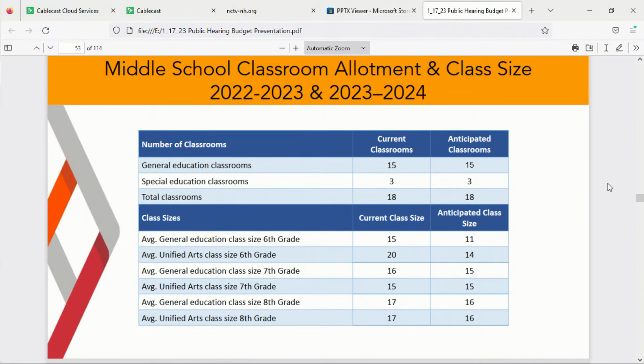Yeah. So these are our classroom allotments and things. They're not really changing for next year. Some of the numbers have gone down for the anticipated class sizes, but like Rob had 14 kids move in, so they could change. So that's just that. Moving on to the increases and decreases in the budget, we had